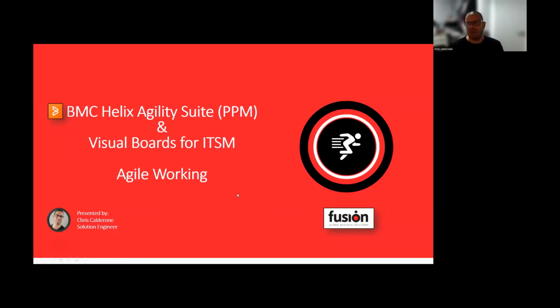Okay, so today we're going to be talking about agile working and why it's essential really for organizations in today's climate, and how the Helix solution can really help organizations to embrace that through technology as an enabler. And the modules that we're going to be looking at, it says on the slide here, is BMC Helix Agility Suite for project and portfolio management, and also visual boards for ITSM to promote that agile way of working within